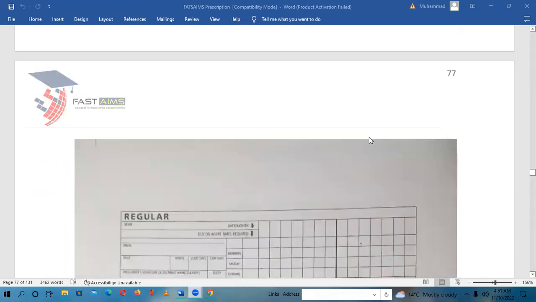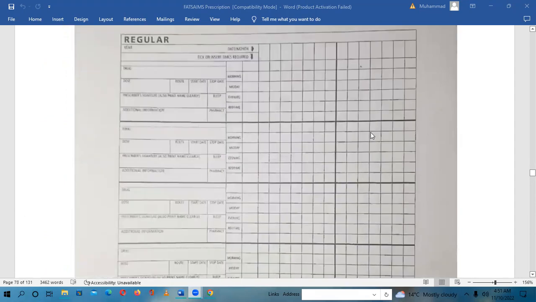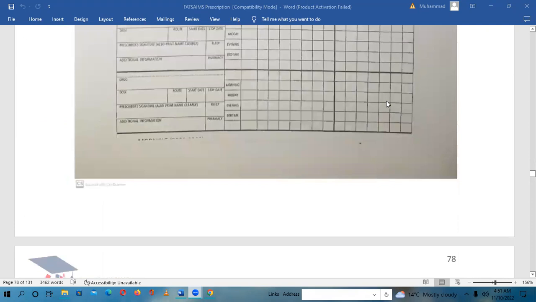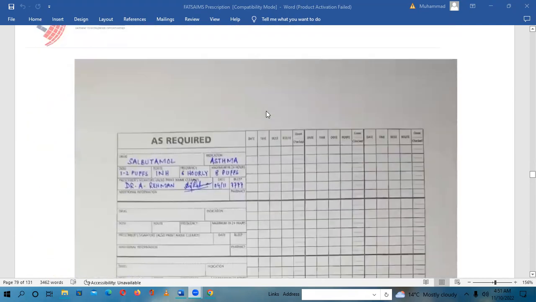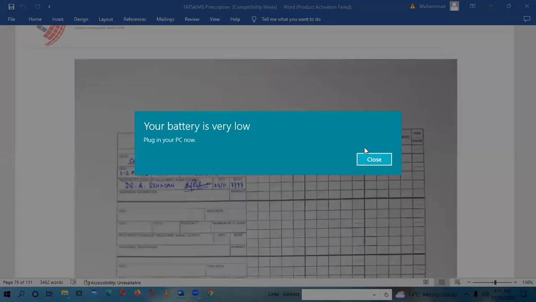So let's move forward. No regular medications apart from atorvastatin. And also, yes, the patient has been prescribed this salbutamol for asthma. She has been or he has been diagnosed with asthma as well. So that's why